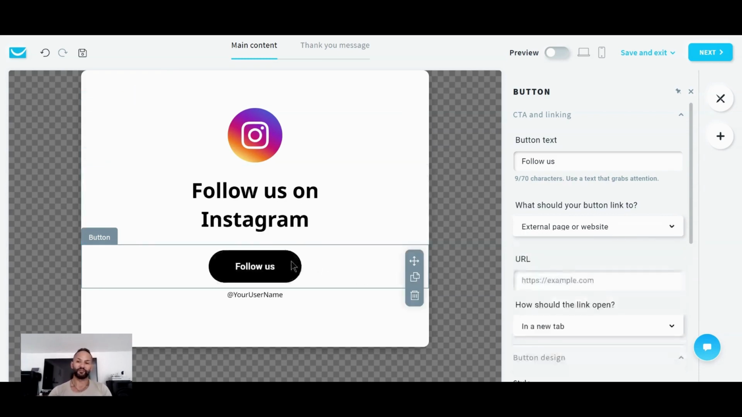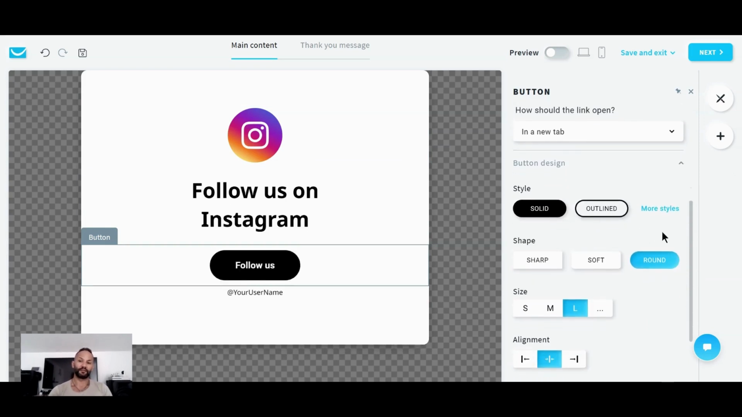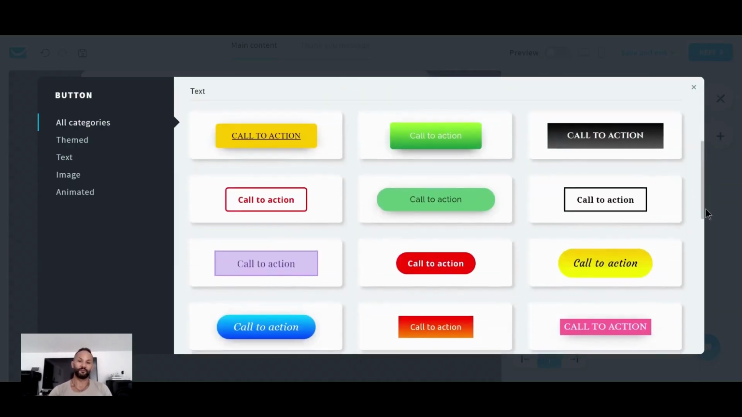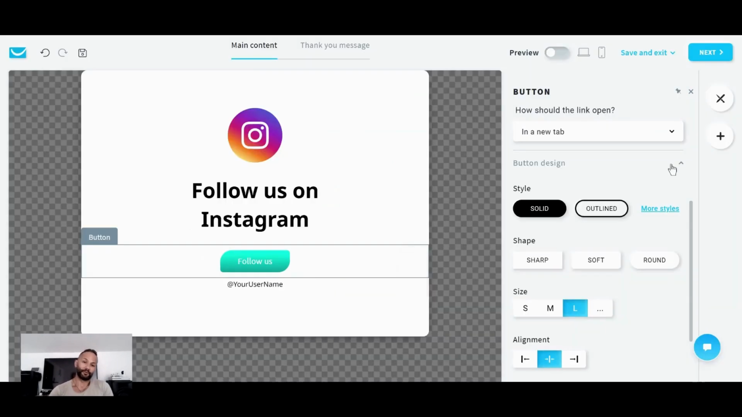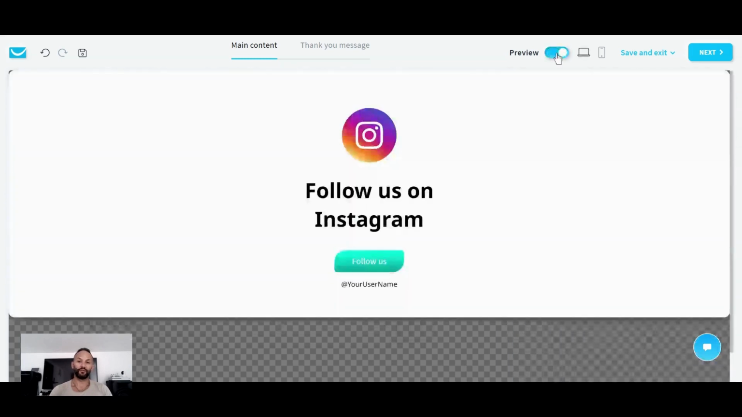You can change the appearance of this. If you want to do it like this, you have more styles over here. Maybe you like this one, so you should use it. Your username, if you want to put it there, you can do it wherever you like. And here you make a preview. It's very clean, it's engaging. You just click next,